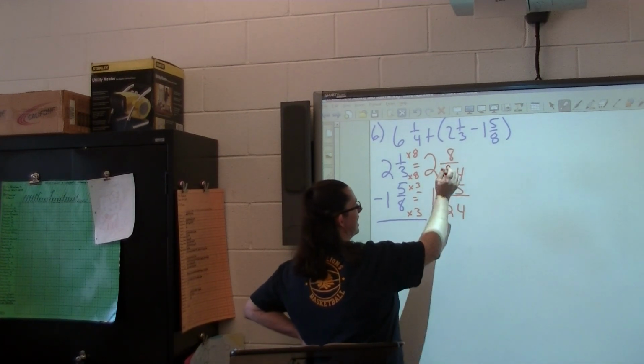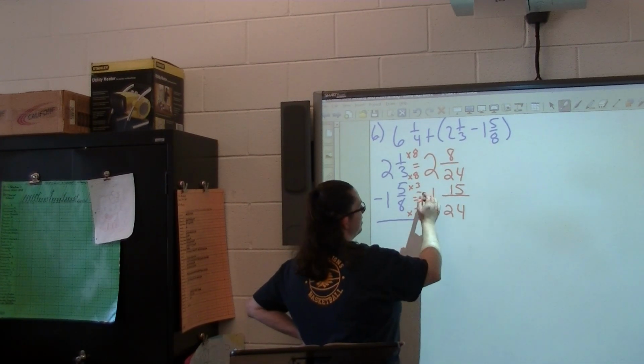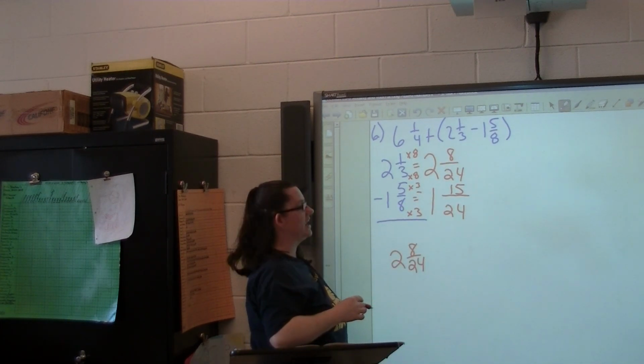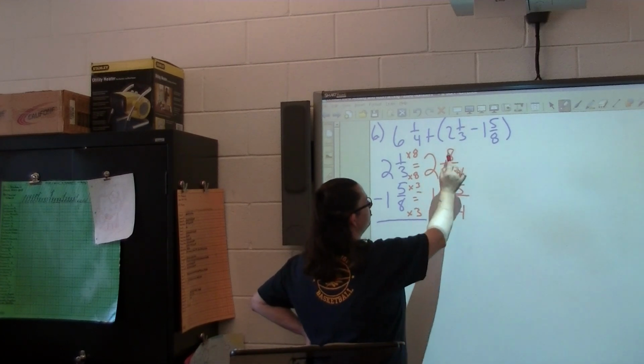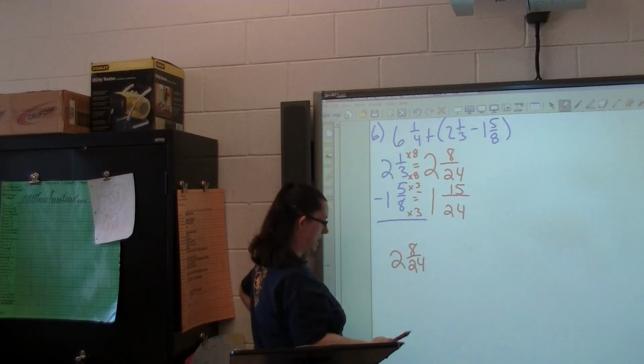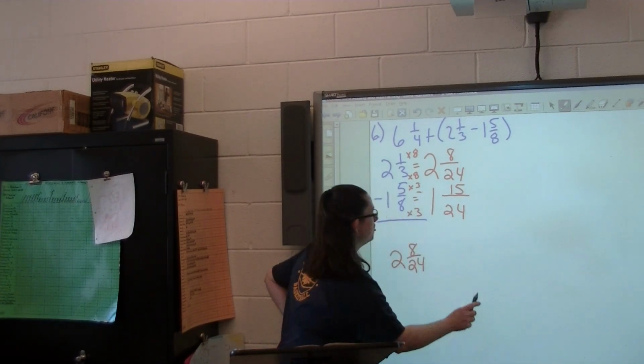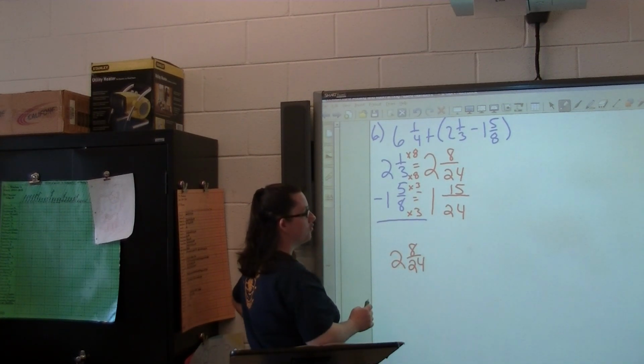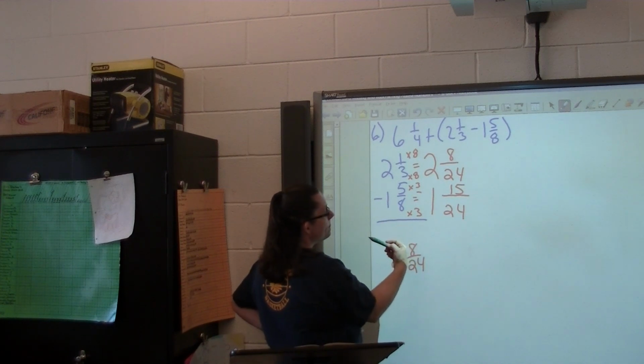Can I do 8 minus 15, or subtract 15 from 8, is what I was trying to say. And what is that answer? No. So what do we need to do with 2 and 8/24ths? We need to what? Good. We need to borrow. So on the side or off to the right, however you want to put it, go ahead and put 2 and 8/24ths. We need more 24ths